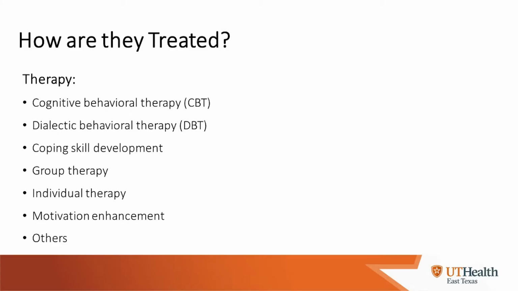So different types of therapy are cognitive behavioral therapy, dialectical behavioral therapy, and then generally, our program also helps with coping skill development to help with things like anxiety, cravings, negative thoughts. Group therapy is evidence-based. It's been found to be just as effective as treatment in a one-on-one setting, as well as motivational enhancement. So the other side of the coin is medications. So medications are also very effective. The most effective treatment for mental health and substance use disorders is typically a combination of both medication and therapy. Some examples of